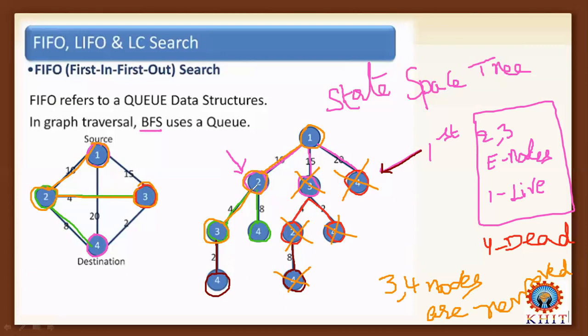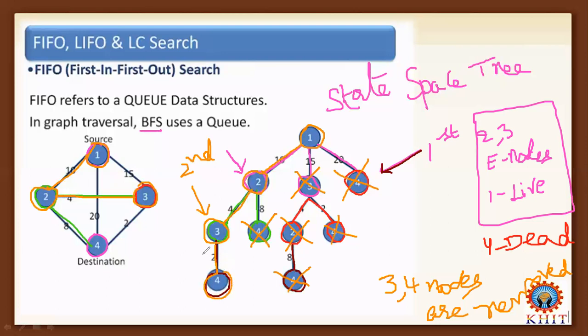But here in the second iteration, we have identified the shortest path from the root node to node 3, that is the shortest path. Hence you simply discard the other path from node 2 to node 4, that path also you need to discard. And now you are in node 3. There is a direct path from node 3 to node 4, and the path cost is 2.